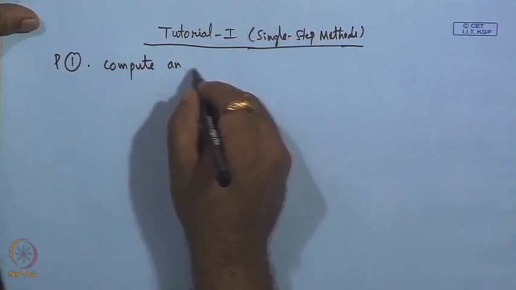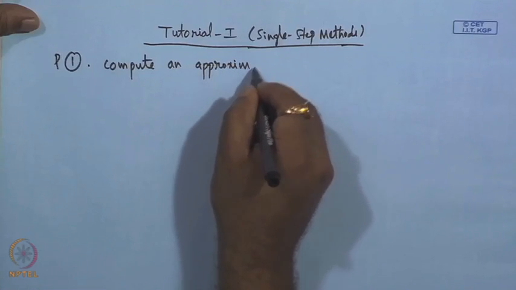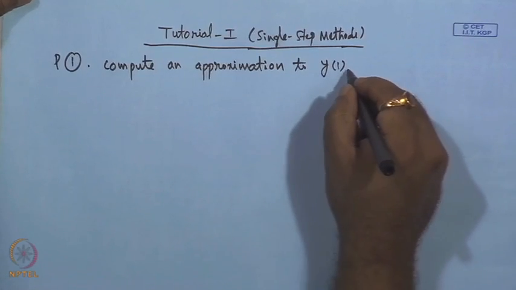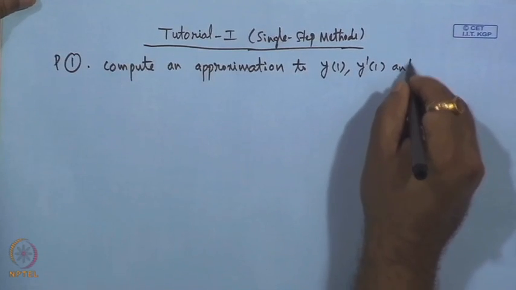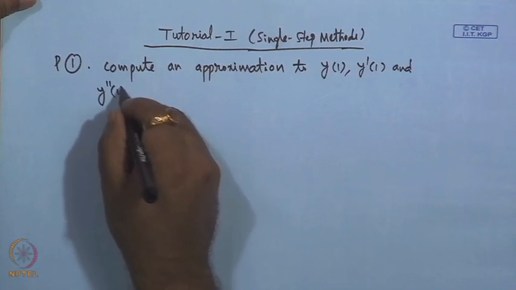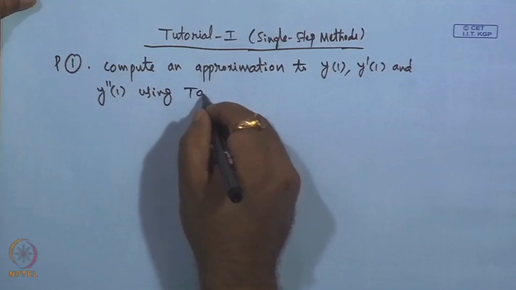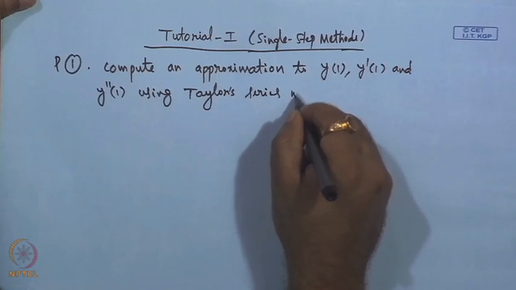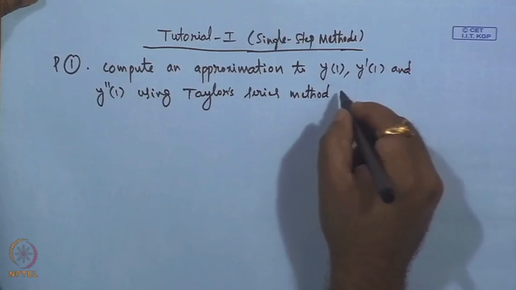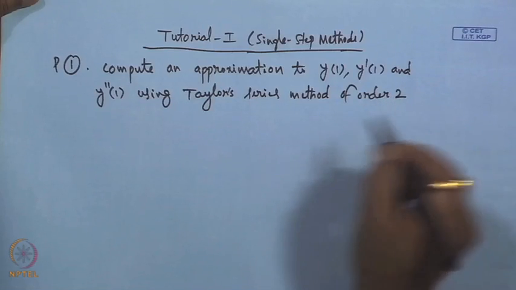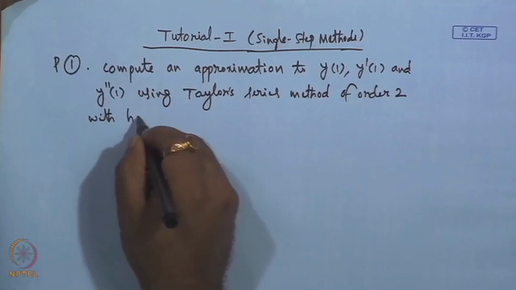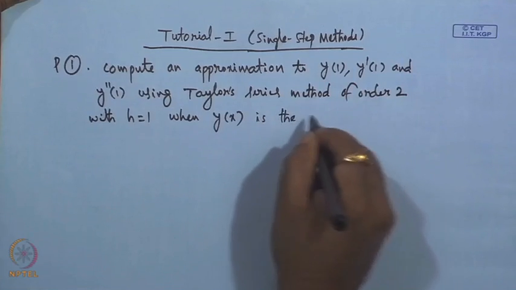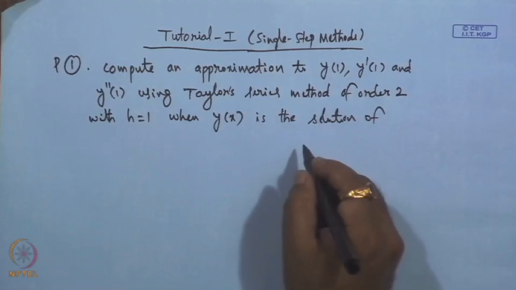Compute an approximation to y of 1, y dash of 1 and y double dash of 1 using Taylor's series method of order 2 with h equals to 1, when y of x is the solution of